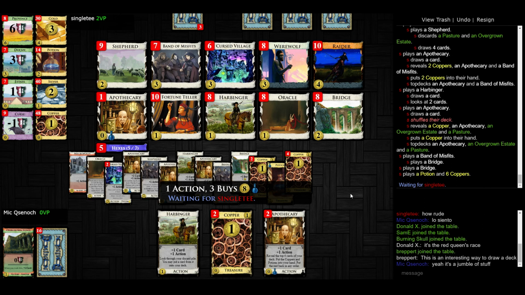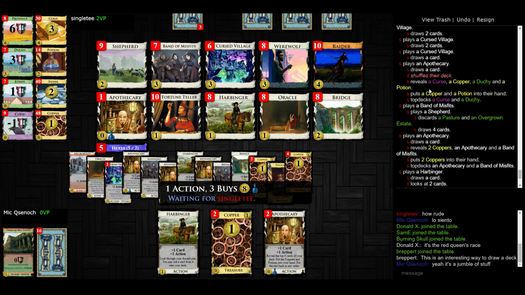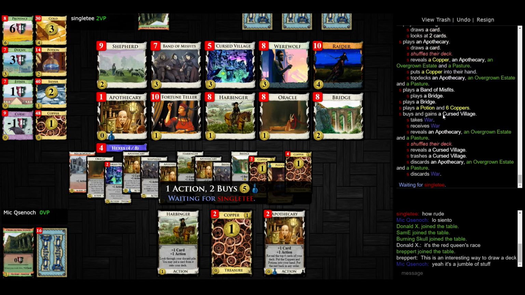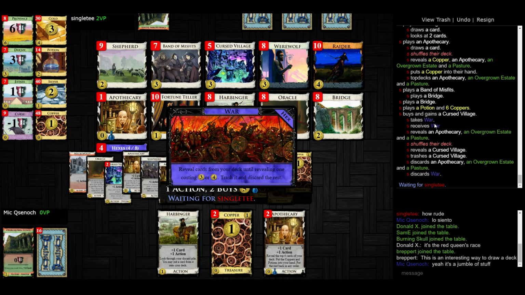I suppose I ought to have been anticipating Locust and maybe stuck the Harbinger on top of my deck. I could have done that there. I don't really know all the hexes yet, so... I mean, it'd be a pretty marginal thing in general, but...